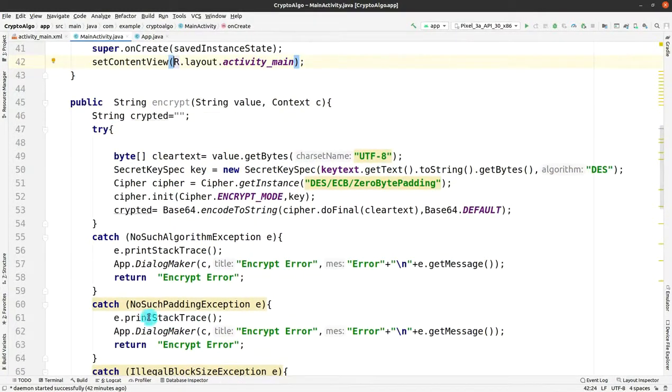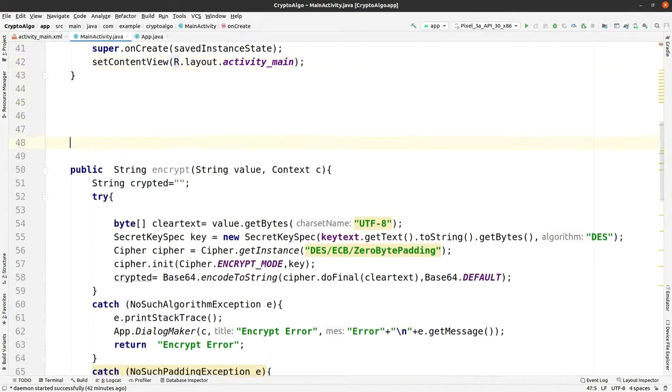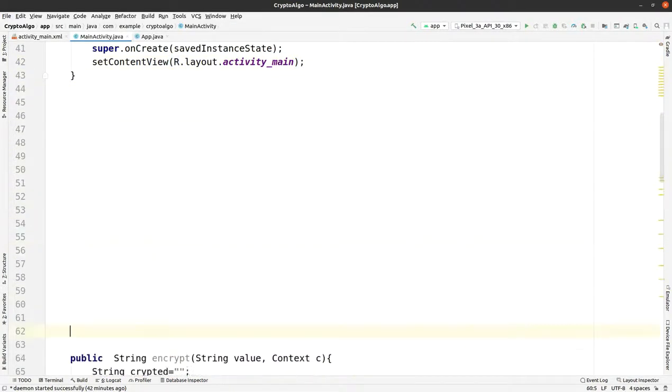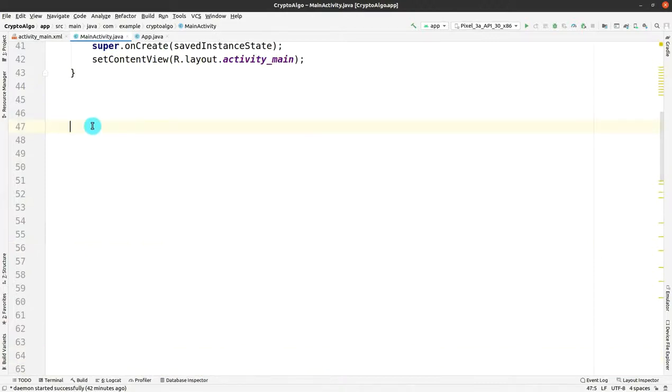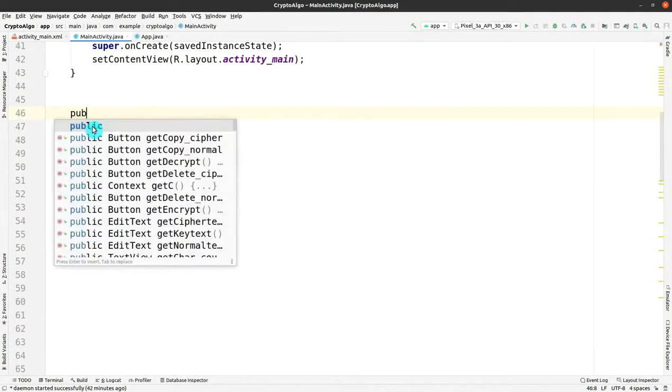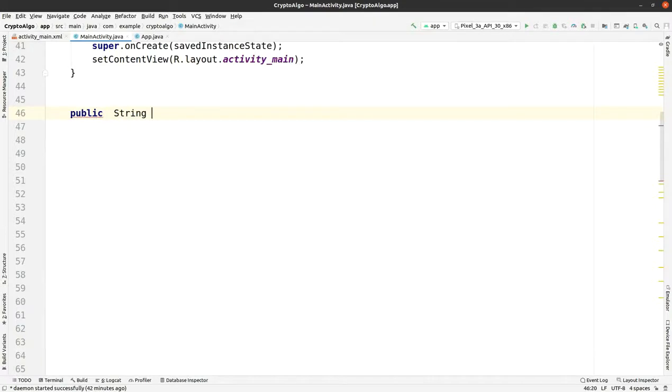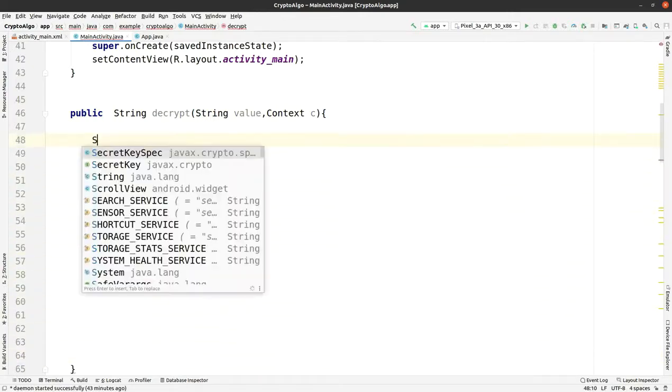passed by the user. After that, on completion of that function, we have to make another function, and it is named decrypt. So this function will be for decryption of the encrypted text. So here we have to just reverse the encrypt function. Of course, we are going to use all the exceptions that we are facing in that encrypt function.